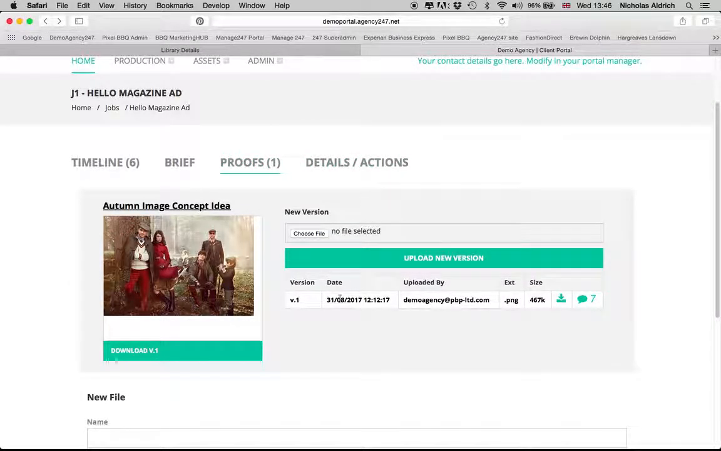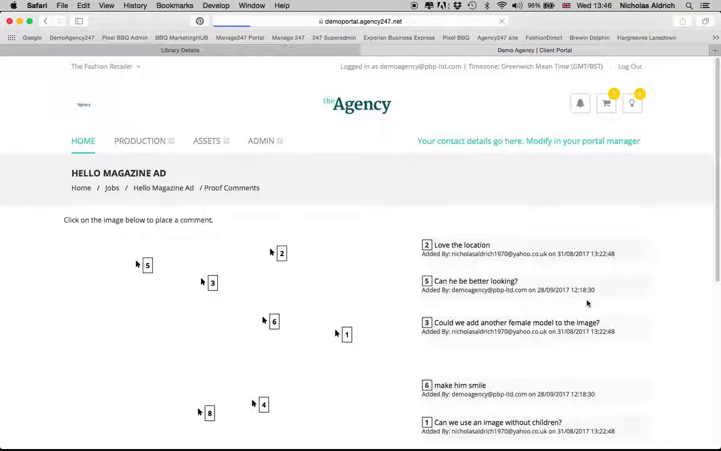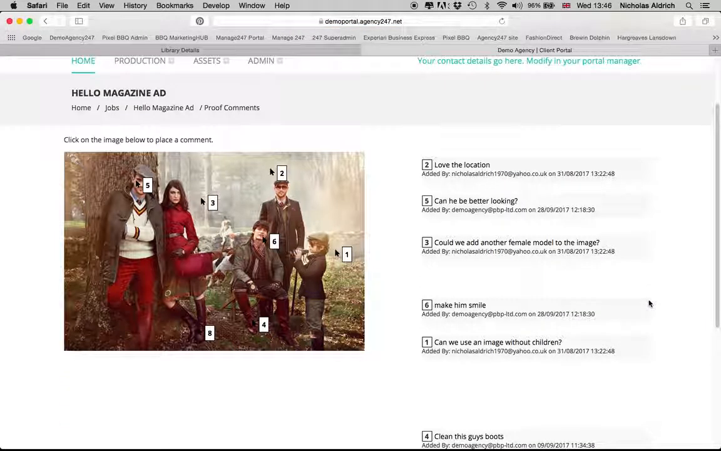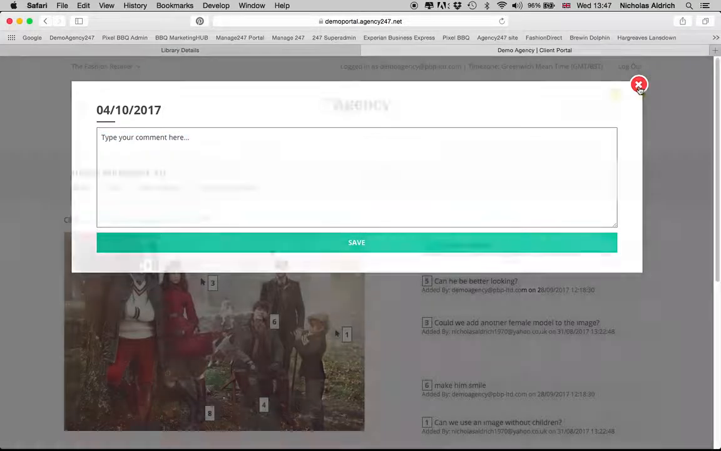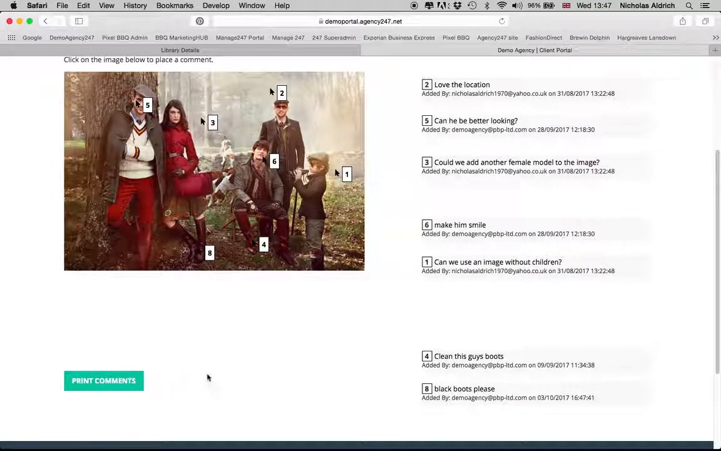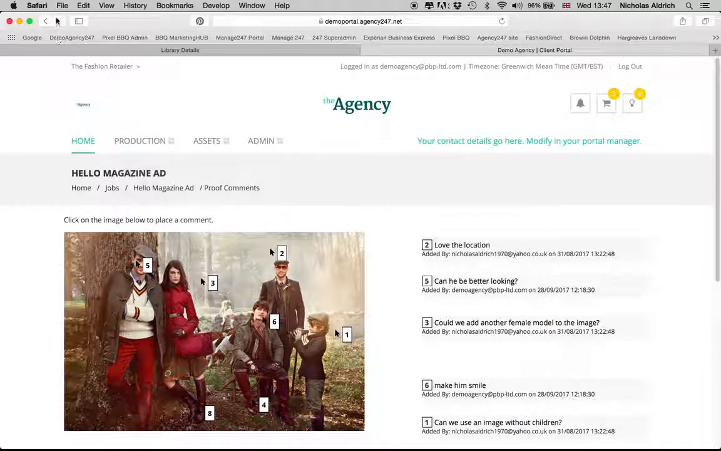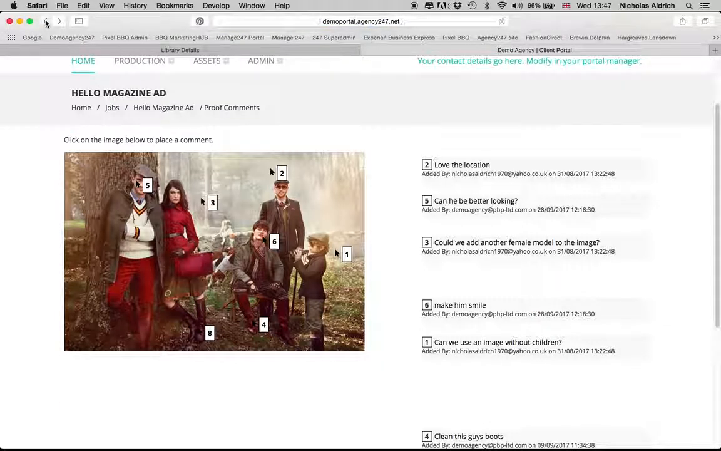I want to be able to upload my proofs for my client to see. So in here I've only got one proof uploaded. If there was another one, it'd be, say, version 2. And I can see all the comments that either my account manager or my clients have said, from make him smile, could he be better looking, can we use the image without children, clean this guy's boots, etc. So I literally can just click where I want to do it and type a comment and add it, and it'll appear. And once I've approved that, then basically everybody gets a copy of that and a notification that I've just made those